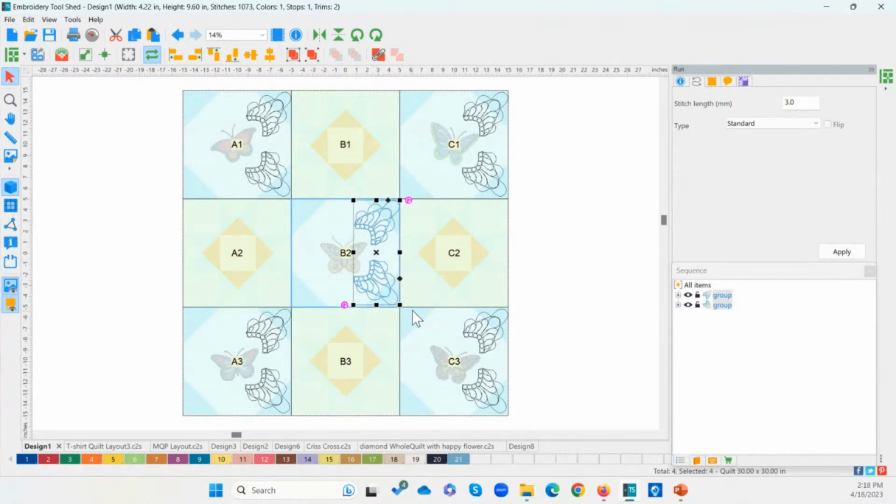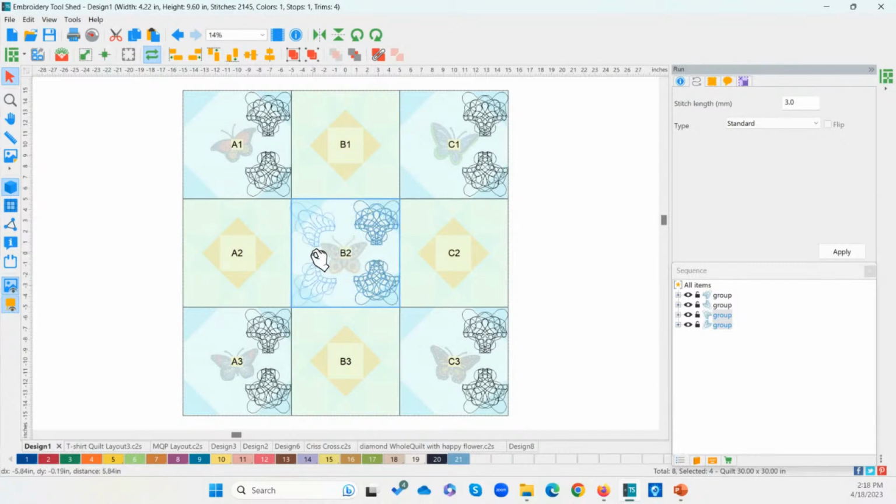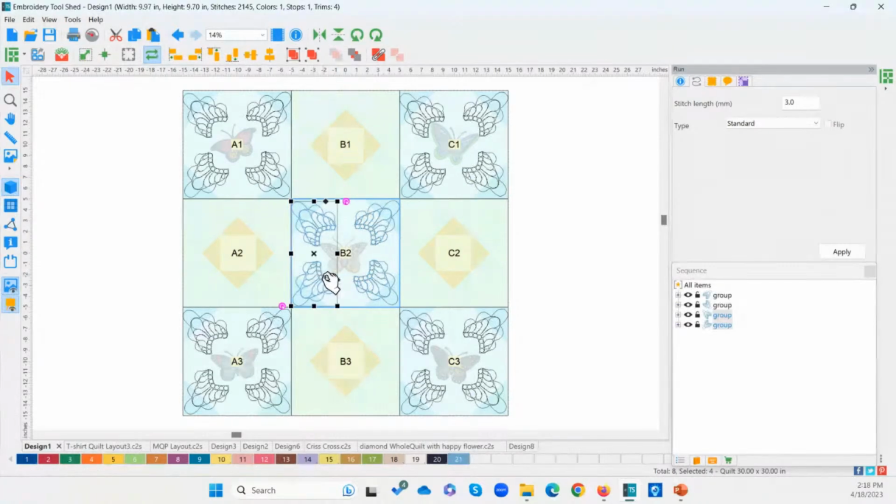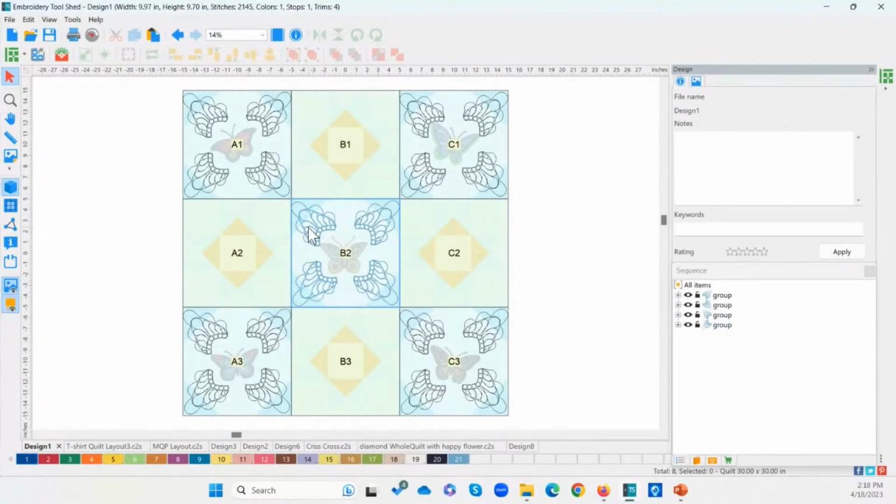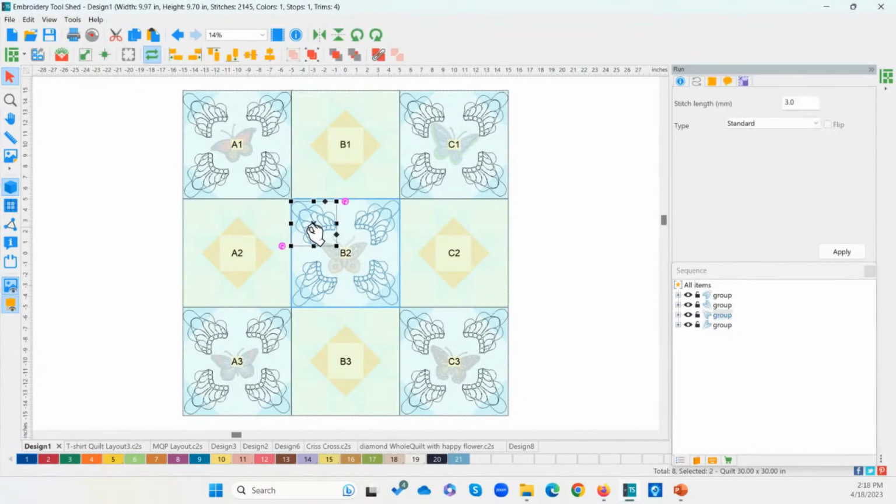And then if I select both halves of that, I can do the same thing, copy, paste, mirror image here, and then just slide that over to the other side. Now, this design here that we've created, we could actually stitch in quadrants. So in this design, if I select just one quadrant, it's a 4.14 by 4.07 for that design size.